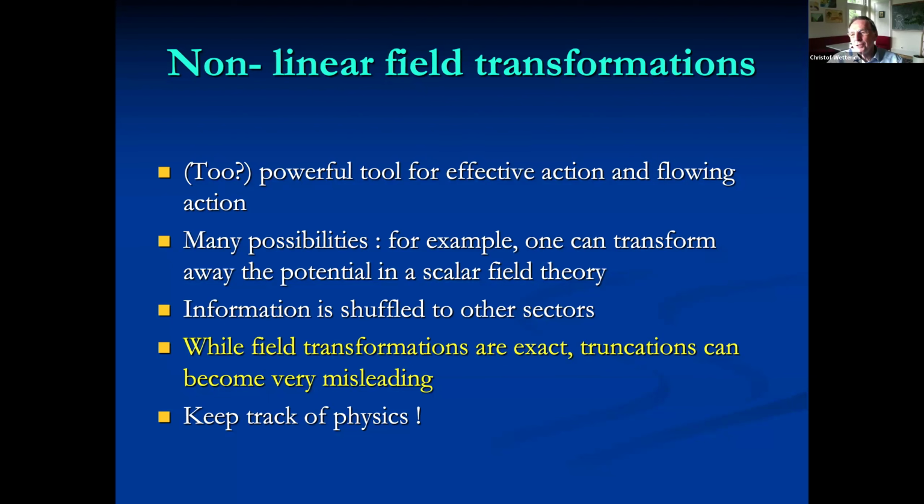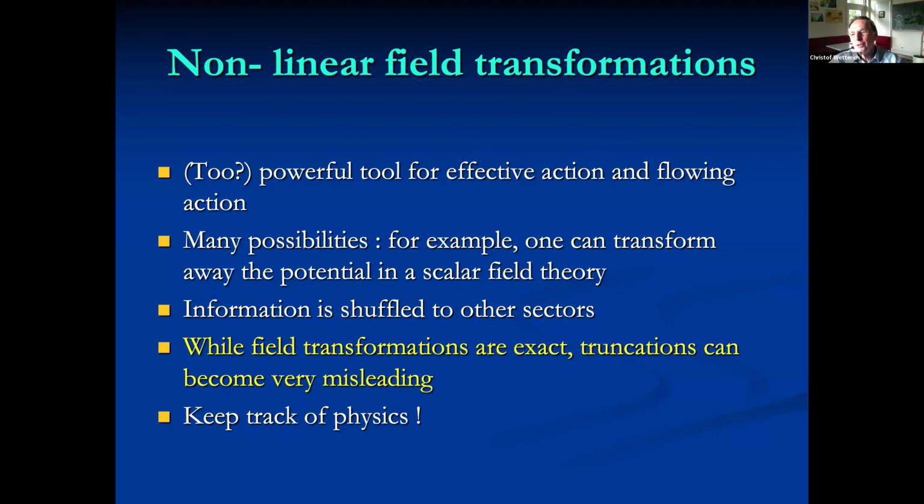If you transform the propagator of fermions that contains the information about the Fermi surface to a standard propagator, that's all exact, all fine. Now the information is in the momentum dependence in the vertices, but if you have a too crude truncation for the vertices, what will happen is you simply lose the physical information. So the real issue is not that field transformations are inexact. If you do things correctly, they are just exact transformations. The real issue is the truncations.